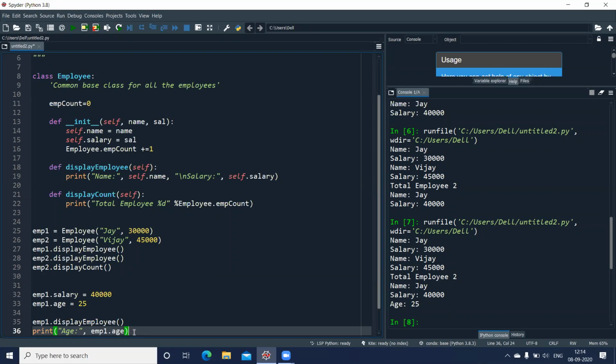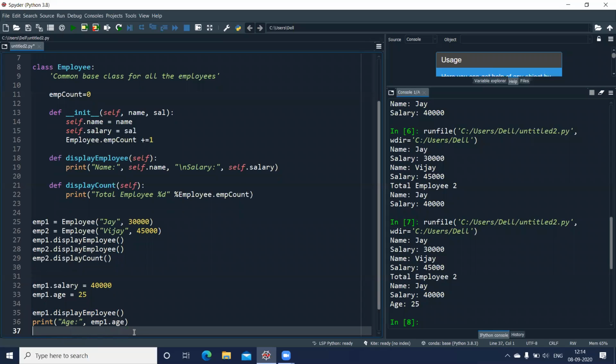We can also check whether we have the attribute. If I want to find out the structure of my class, let us check the structure of both these objects first. I'll use a keyword called double underscore dict.